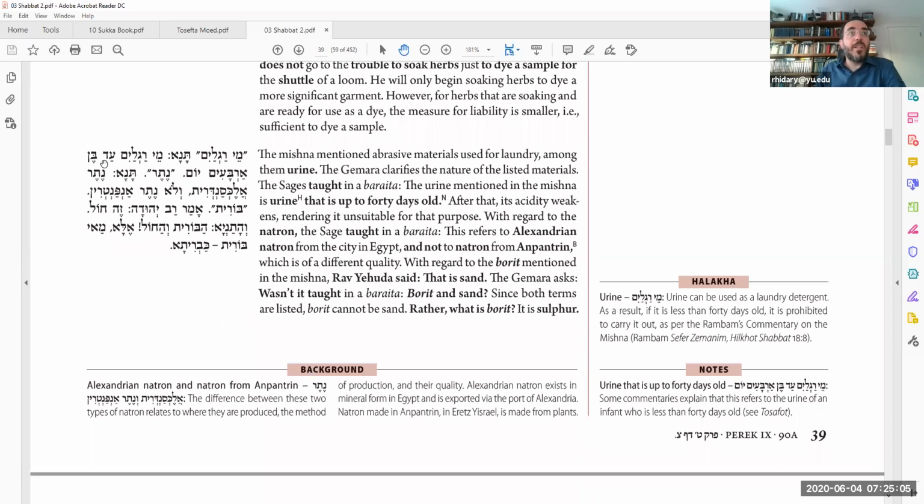Medaglaim, Tana, Medaglaim, Ad ben Arba'im Yom. In olden days, urine was used as a detergent. It's very strong. It could get stains out, but it has to be up until 40 days. And so it's only useful during that time period. Neter. What is neter? Tana neter Alexandrit velo neter anpanterin. Okay, this natron is that which comes from Alexandria, which is stronger, and so that would be that amount,